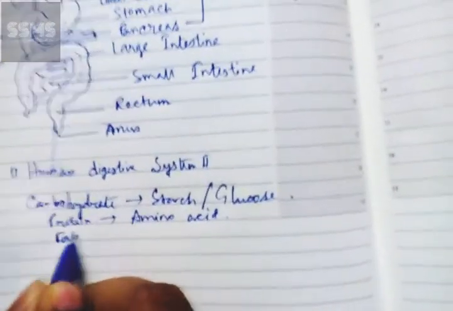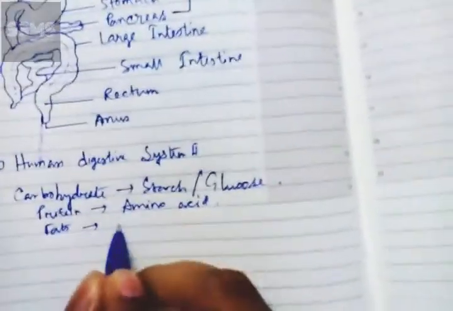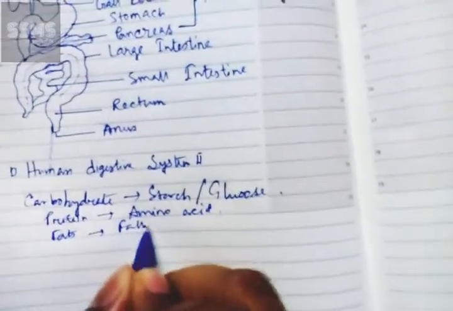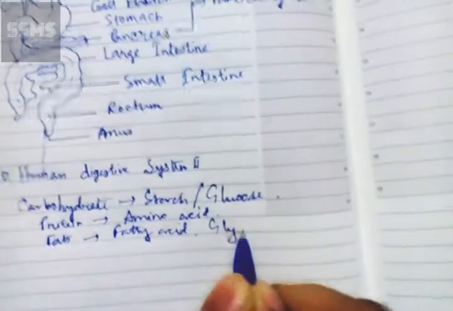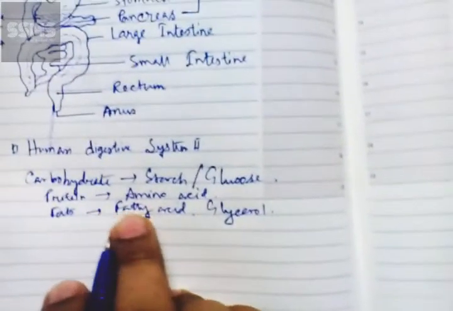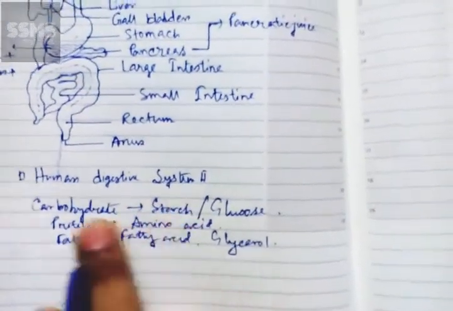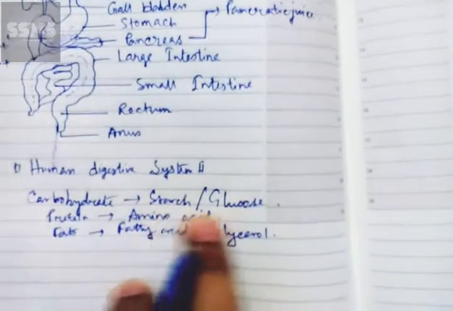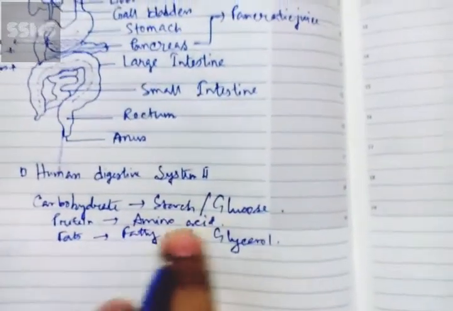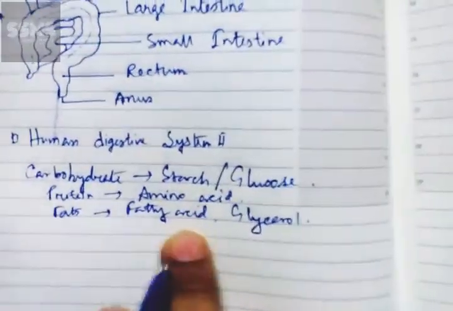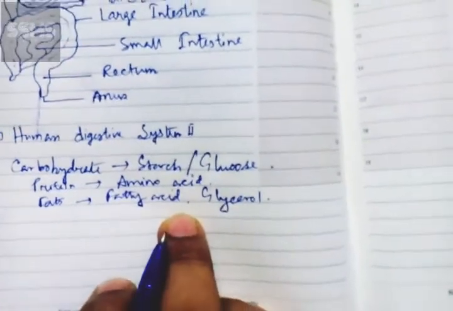Next, the fats will dissolve as fatty acid and glycerol. Got it? So these three nutrients are converted in this manner. Carbohydrates change into starch or glucose, proteins change into amino acids, and fats change into fatty acids and glycerol. Okay,